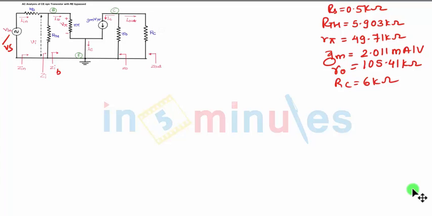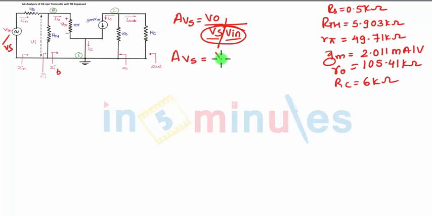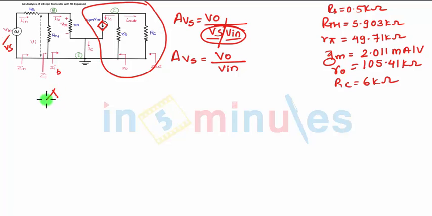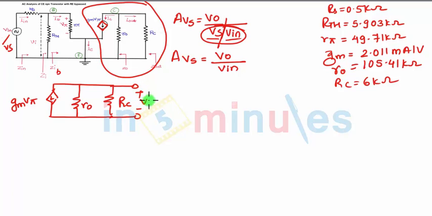And finally we need to find the voltage gain. Now for the voltage gain, how do we write the equation? AVS is written as VO by Vs. Instead of Vs we can have Vin. Depending on the voltage source given, here it is given as Vin, so I will write it as VO by Vin. Now if you look at this part of the circuit, if I redraw this part, this is the dependent current source gm V pi, then ro and Rc. I am just redrawing the part. This is gm into V pi, output plus minus VO.